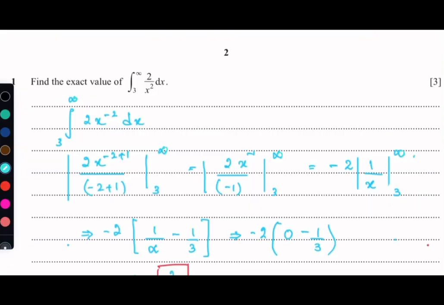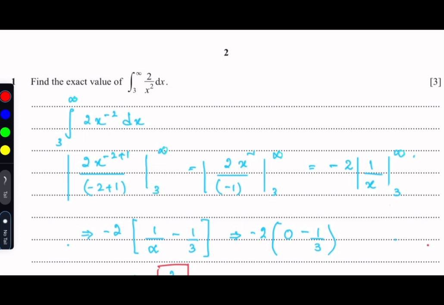So question 1, find the exact value of the integral from 3 to infinity of 2 over x squared dx. So 2 over x squared can be written as 2x to the power minus 2, x is taken to the numerator. Do the integration: x to the power minus 2 plus 1, add 1 to the power, divide by minus 2 plus 1. Limits on the right side with the absolute sign, 3 to infinity,